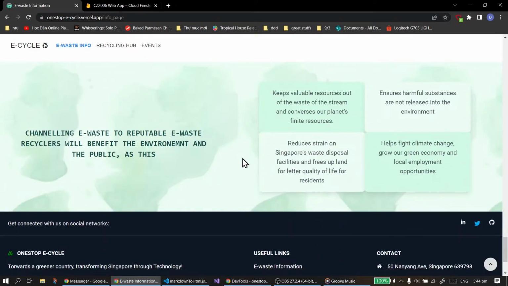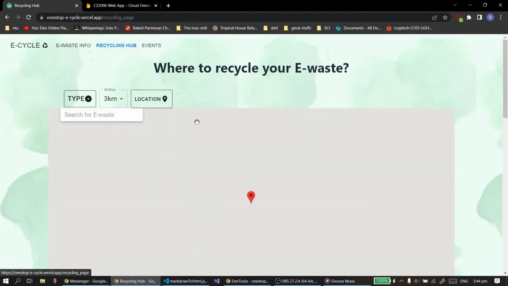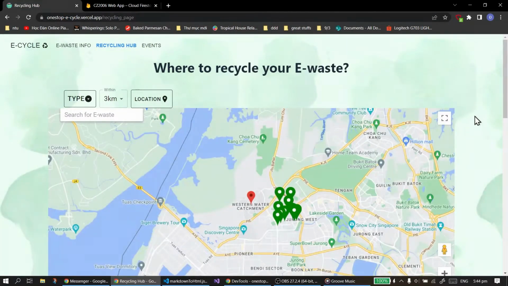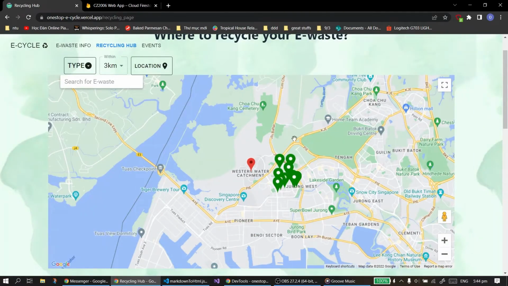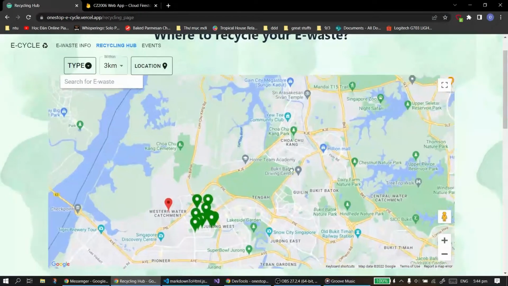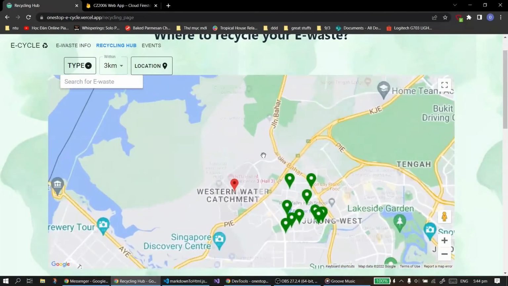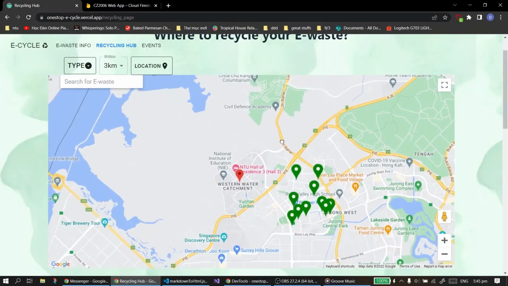Okay, now let's go to the recycling page. The recycling page is the main feature of our application. Here we have an embedded Google map, which you can move around and zoom in and out. And this red marker here is my current location. Yes, I am here. Now, let's say I'm in City Hall MRT and I have some e-waste ready to be